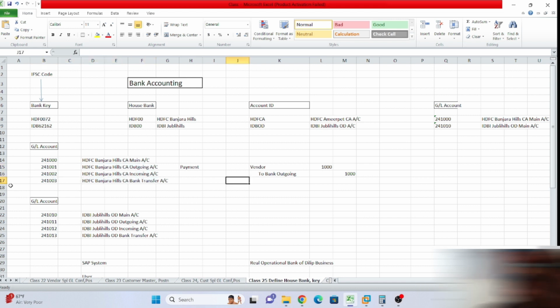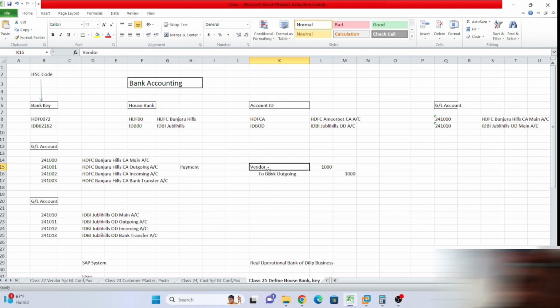Now see, can you understand whether these three accounts will be open item or not? These accounts have to be cleared, settled with the main account. Please try to understand. The main account is not an open item GL account, right? Because these three have to be cleared, that means adjusted with the main account. That means when the outgoing bank account is adjusted,